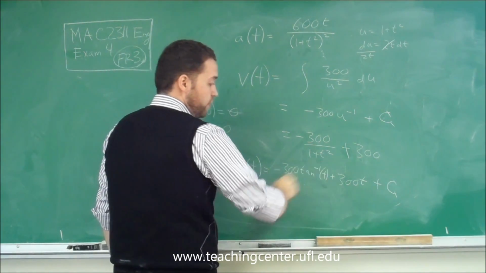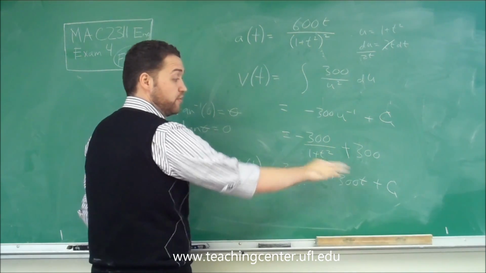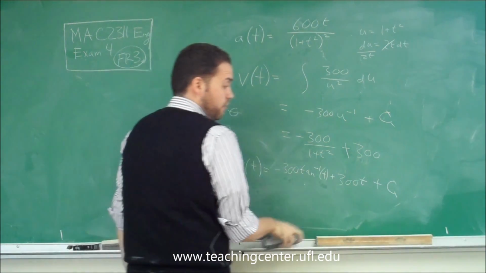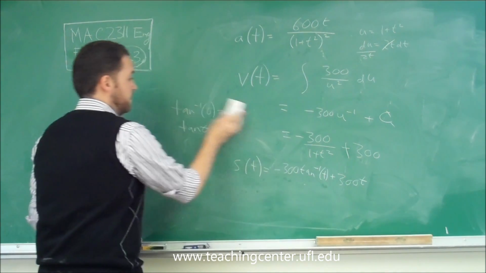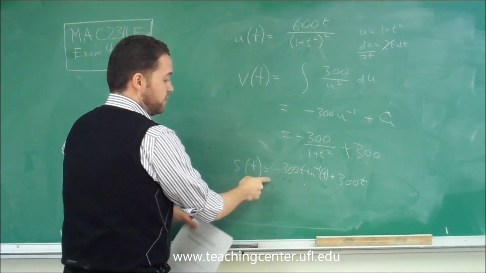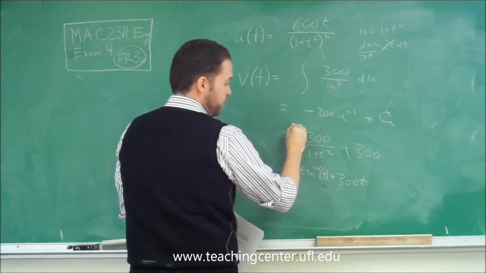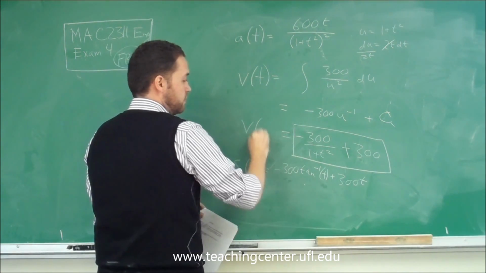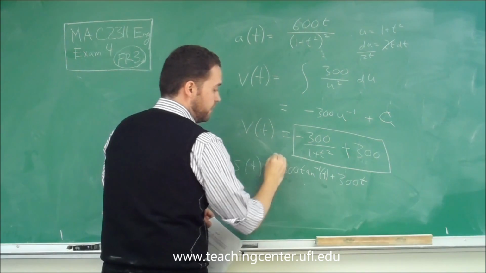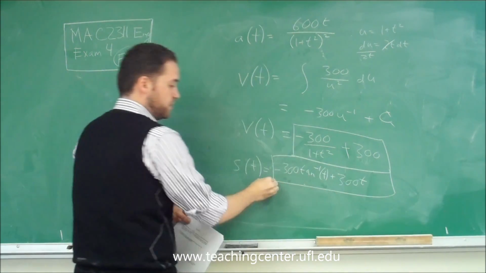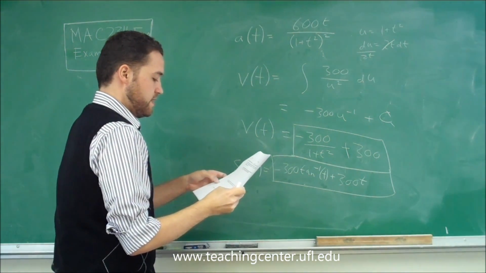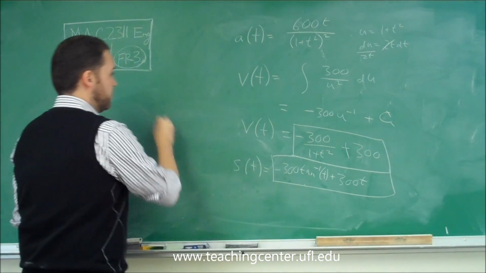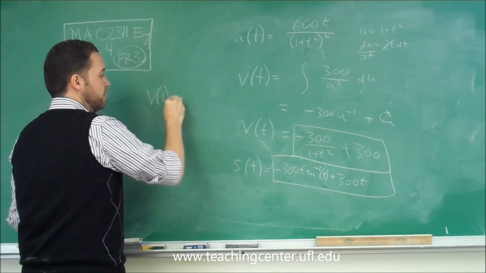So this actually goes to 0. So this cancels out, that cancels out, so 0 equals c. So your c is actually 0, so it can go away. We said that this right here was your velocity function, and this right here is going to be your position function. So that's parts A and B, and then part C says what is v of 1 and what is s